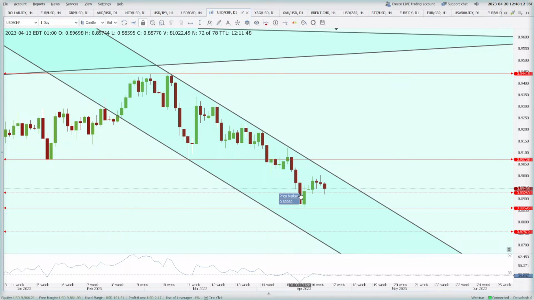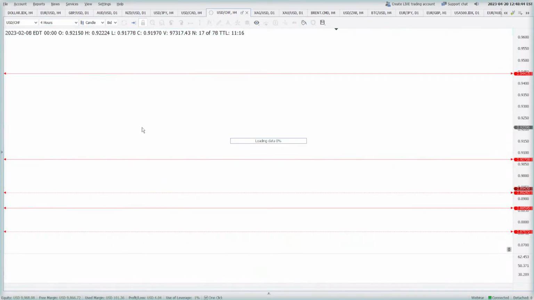Okay, and now if you throw a cat from the top of a building, of course I will not suggest you do it in the real world, it will always land on its 4 legs. But if you throw a dead cat, it will fall, bounce, and then keep falling on the ground. I mean, it will stay on the ground, right? So this is a dead cat. It fell on the ground and now it is bouncing, so it will ultimately rest on the ground itself. So I'm expecting 0.8859 in this market, and when I switch to 4-hour, you will notice that something similar is going to happen.